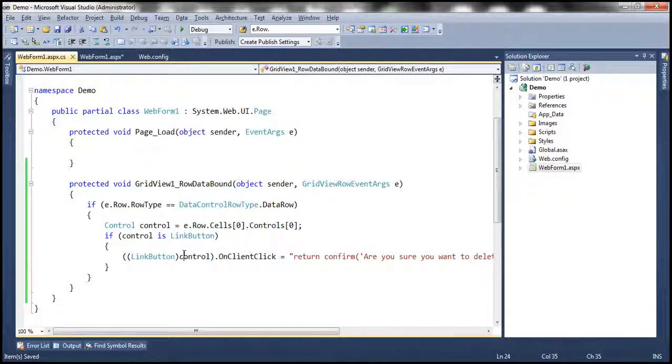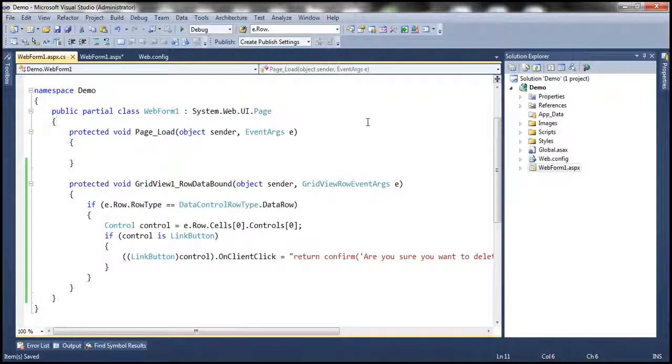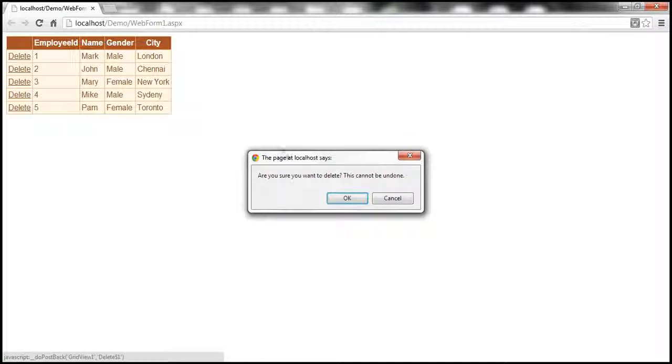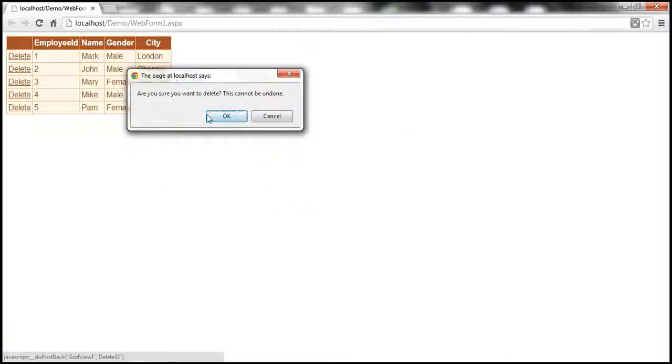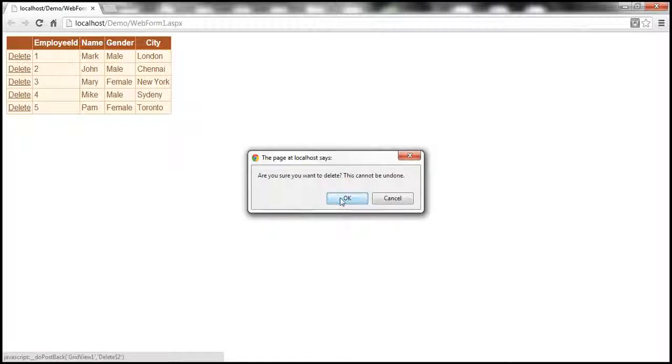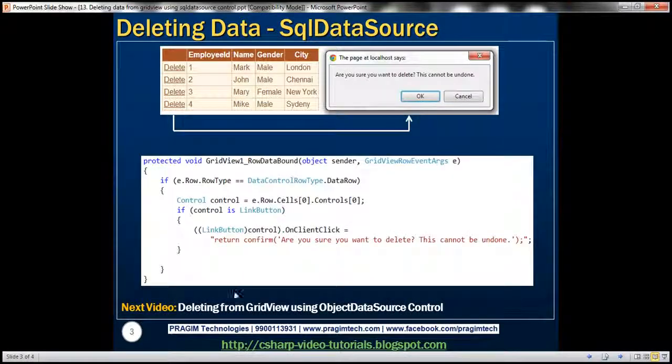Okay, now let's go ahead and run this. Let's close this web form. So now when we click this delete button, we should get a client-side confirmation box. Are you sure you want to delete? Look at this, I click the delete. The moment I do that, I get this confirmation. When I click cancel, nothing happens. But on the other hand, when I click OK, it should delete that row. Okay, very simple. In our next video session, we'll discuss doing exactly the same thing but using Object Data